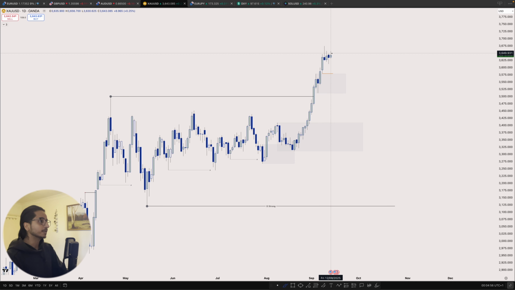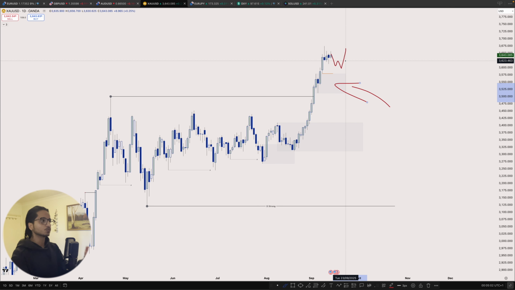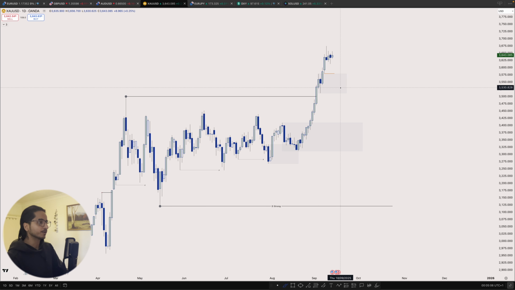For example, if we get that 1-hour confirmation like this, then I'm not going to be waiting for this to reach, because the market is already showing the intentions to push price higher, and this will actually come back later in time. Just because we have this range above here does not mean it has to come back. Price can use those liquidities and the unmitigated range later in time as well. We don't have to be just waiting for that to reach, and we can just continue following this bullish order flow.